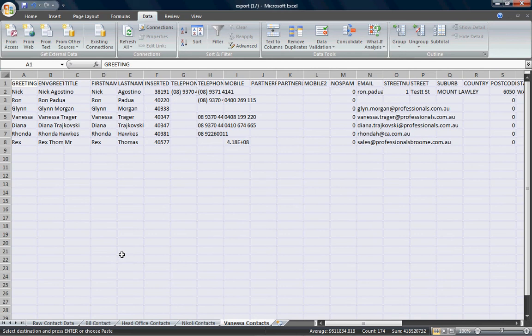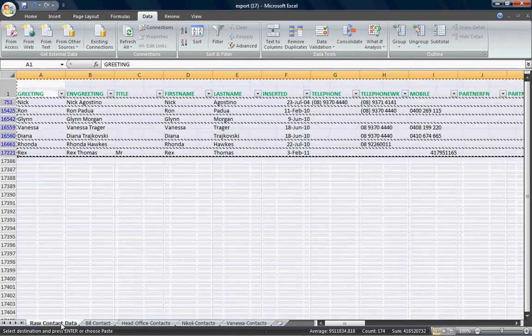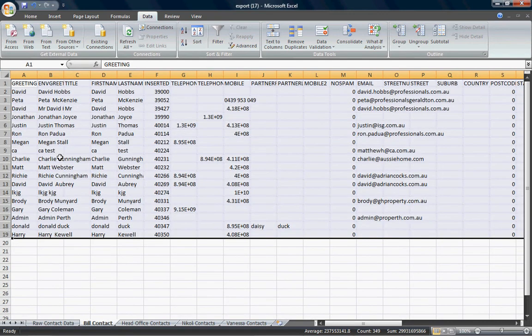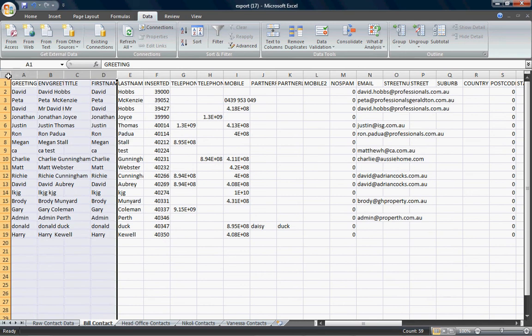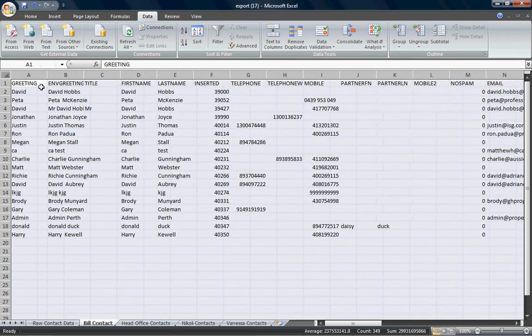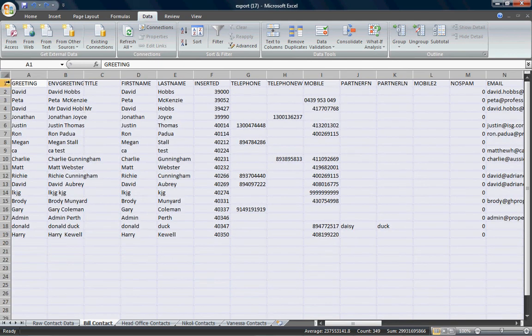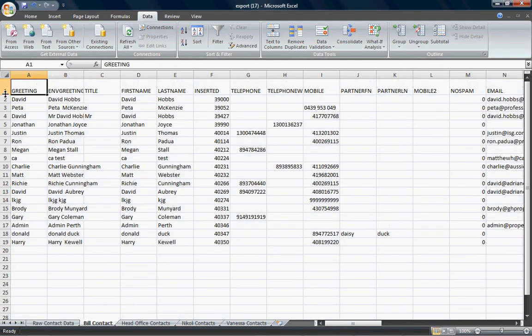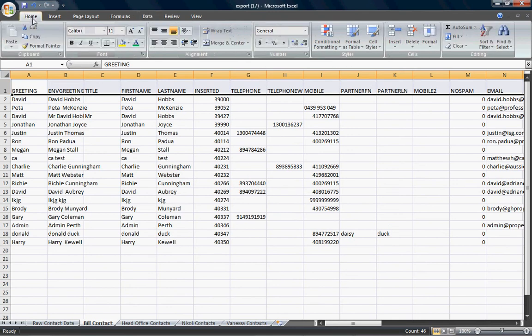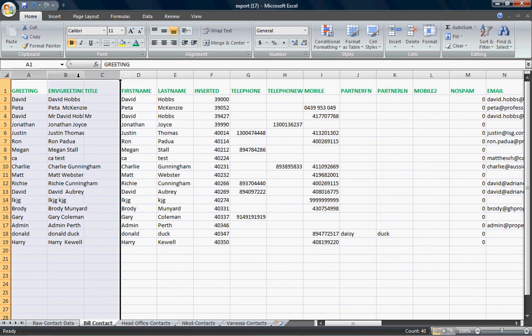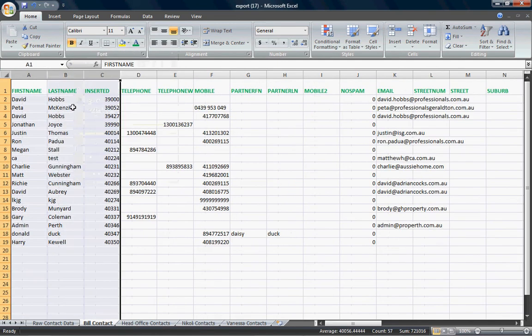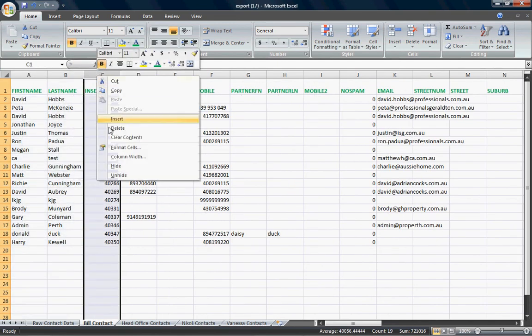Pretty easy, huh? Once that's all done, we need to go to each of these columns and get rid of the ones that aren't appropriate for us. So the easiest way is to again make them a little bit larger. Put your filter, put your categories across the top in green. Get rid of the ones we don't need. So we have to repeat this whole process